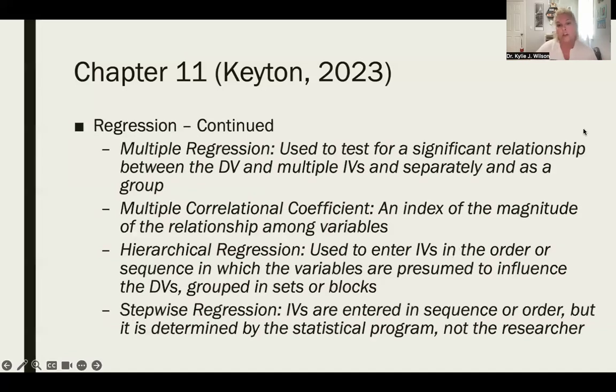A multiple regression. We use this to test for significant relationships between the dependent variable and multiple independent variables. And we can do this separately and as a whole. So what I mean by that is any changes we do in the independent variables. So it might just be, I'm not manipulating the independent variables. It could be a natural manipulation of